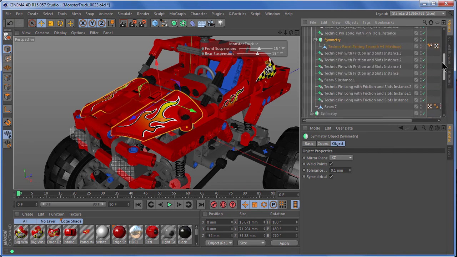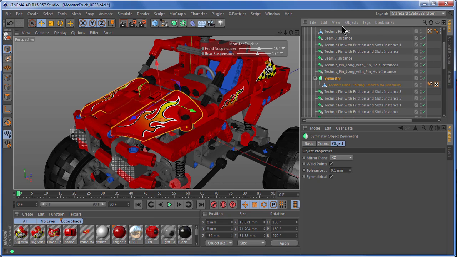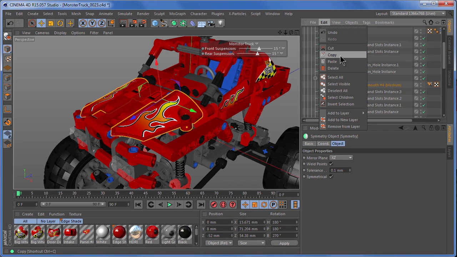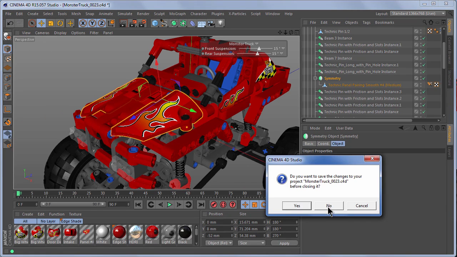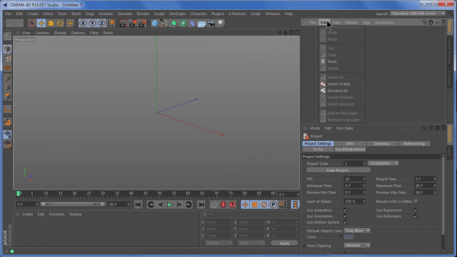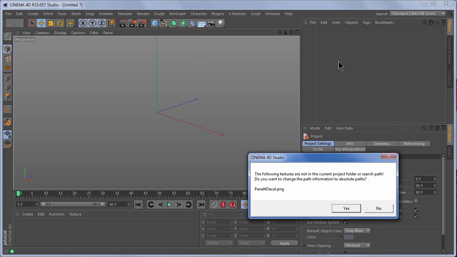So it's a very complex hierarchy, and I'm just going to go edit, copy, and that will copy the objects. You can see it's actually part of a symmetry object, so if I disable symmetry, you can see it's only on one side. That's fine. And I'll close everything down. File, close all. No, we don't want to save it. And then edit menu above the object manager and paste it in. Now don't worry about this. Do you want to change the path information to absolute paths? No,